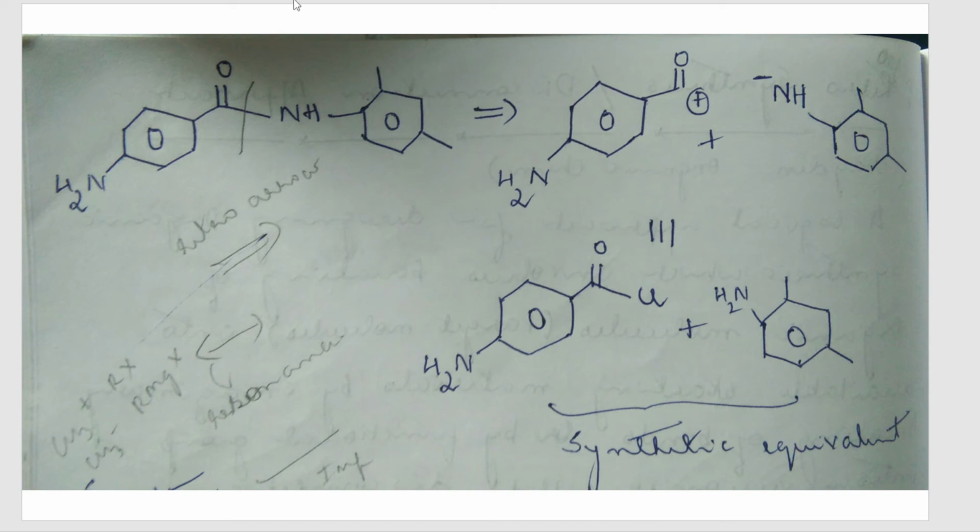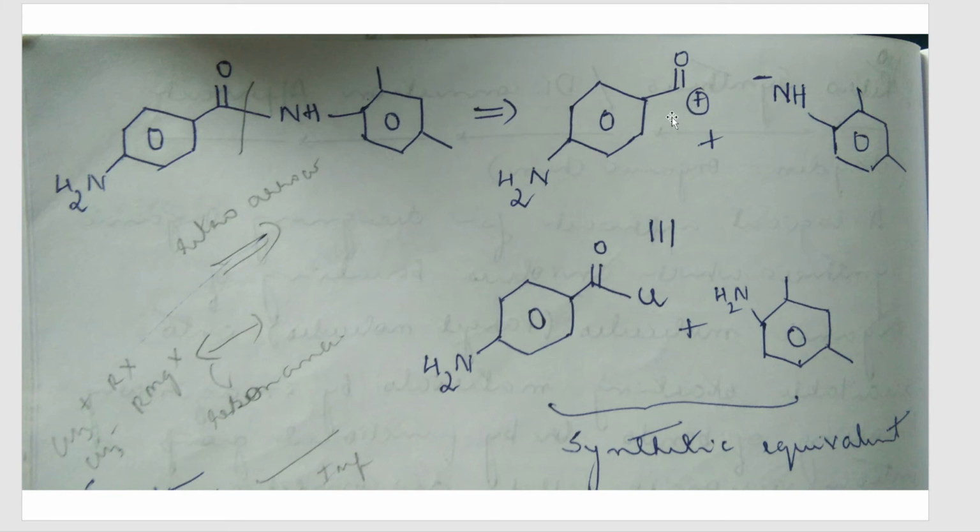Okay. Now what are synthetic equivalents, students? Now they might not have existed like this, correct? When you're taking a reactant, do you take it like this? No. There can actually be some atom here. So here you can put Cl, and here you can put one H, because H will be in the form of H plus, correct? So you can add one H here, and Cl will be in the form of Cl minus here, because there is a plus charge. So you can add any atom for that matter, that is your choice.